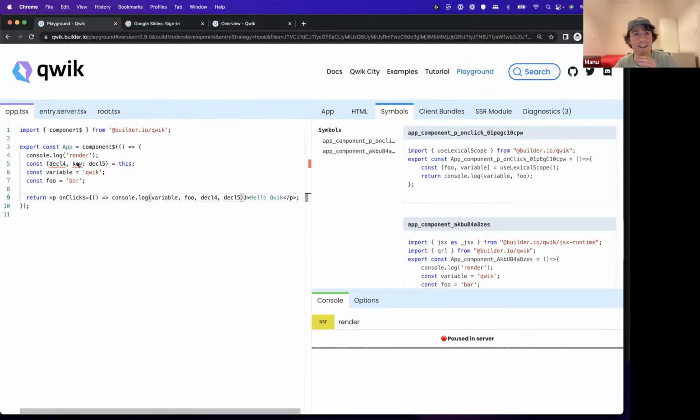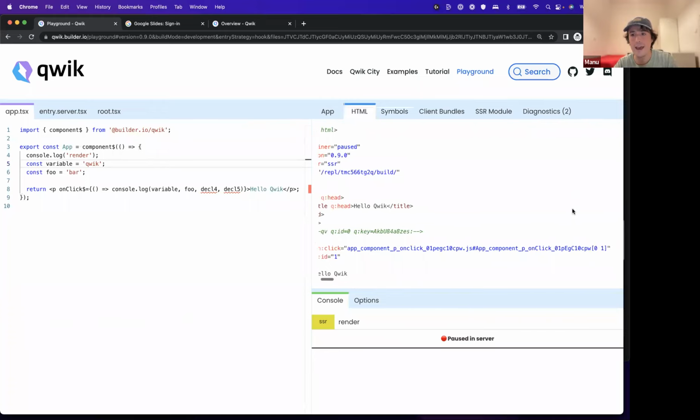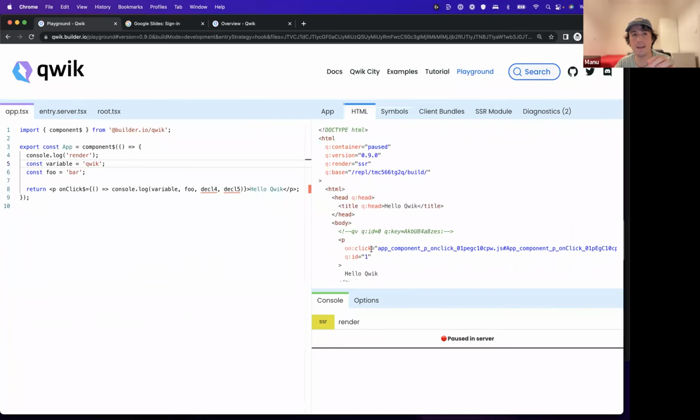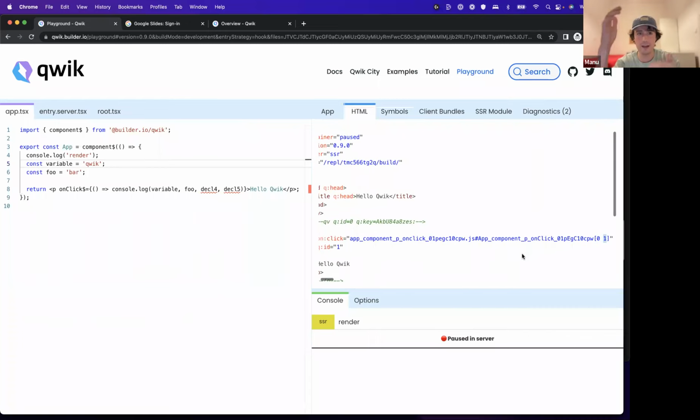Anyways, it does its transformation, it gets that, and then on the other side you will get the HTML, and this 0 and this 1 means that we have to put in the first spot the ID 0, in the second spot the ID 1, and that information is